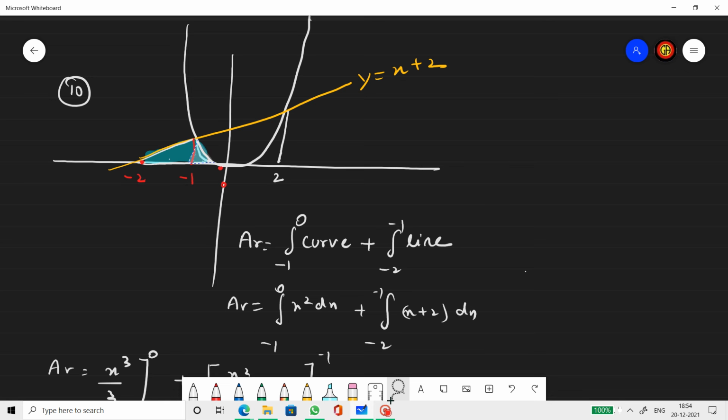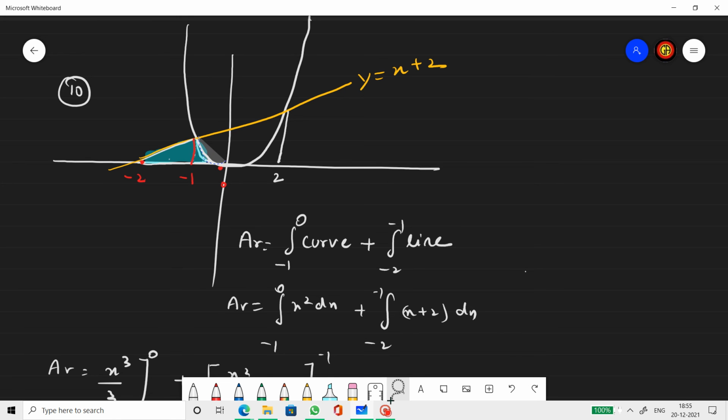So we need to take this area and find the area of this shape now. One part of the shape is made by the parabolic arc and the other part is made by the line segment. So integrate the parabola with limit 0 to -1. Now, this value we didn't find yet. But this is the point at which the line meets the x-axis. We know the equation of the line already. So if it meets the x-axis, it is meeting at x comma 0. So y coordinate is 0, and we get x as -2. Therefore, this point is -2 comma 0.